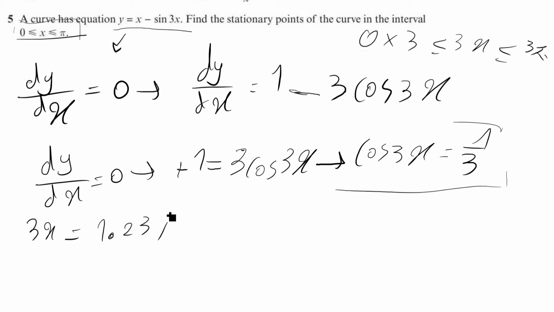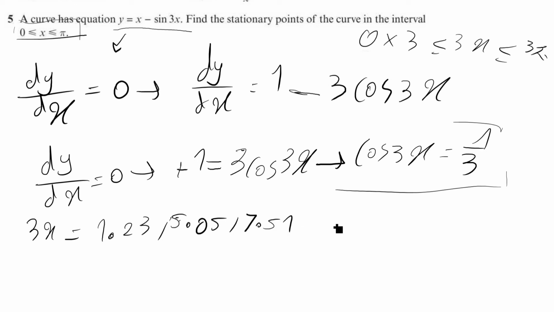Remember that your calculator is in radians, because calculus in trigonometry always works in radians, not degrees. Yeah, 1.23, and the next answer is going to be 5.75